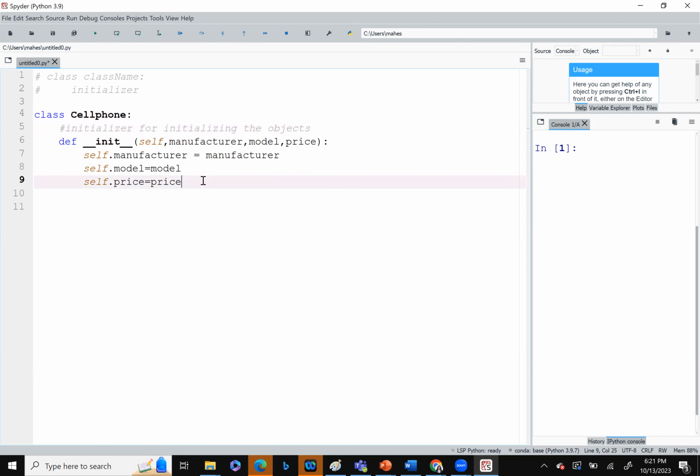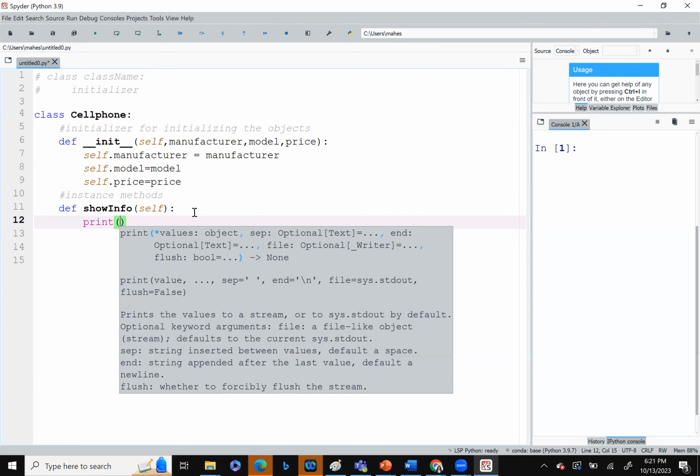Now let's say I have to write some methods inside a class. I'll call them instance methods. Every method that you write here is preceded with the def keyword, and whatever method you write inside a class, you write the self keyword inside it, so that when you create an object, the interpreter is going to bind that object with this method. And what I'm going to do is print